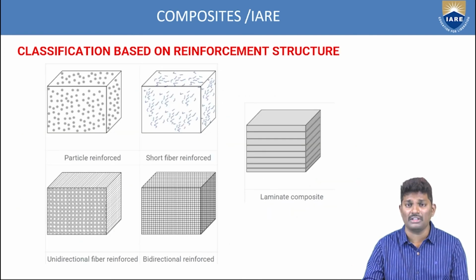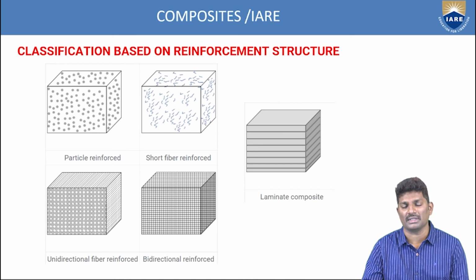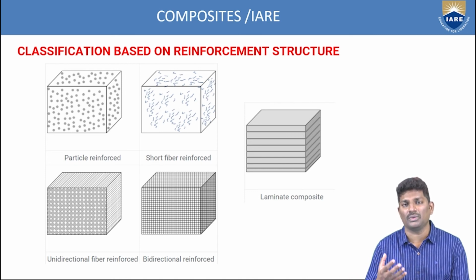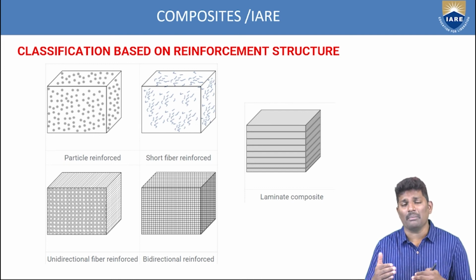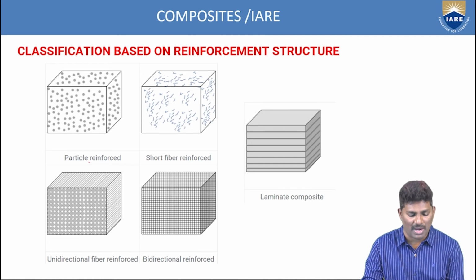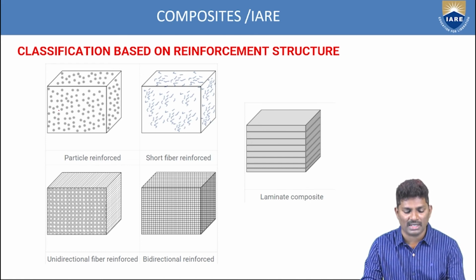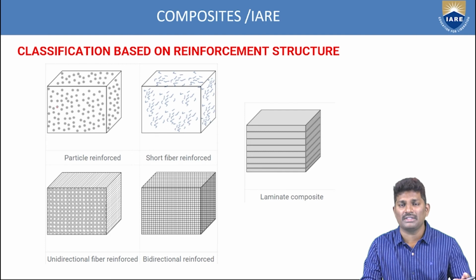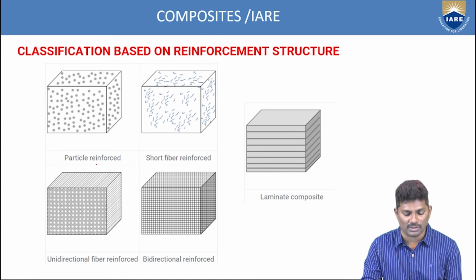So how are we trying to reinforce these different types of materials? As we discussed, different materials are reinforced to look like a single material, either by using some binding between these two materials. So this is a particle reinforcement. Different particles are incorporated inside, and these particles are bound with each other to look like a single material. This is one type of particle reinforcement, and then short fiber reinforcement.